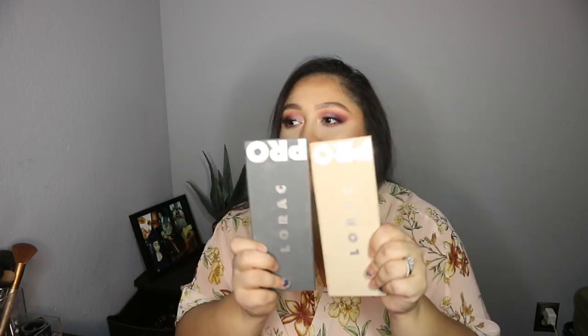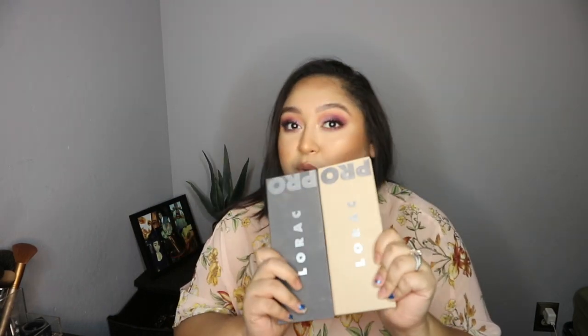Next are going to be things that I am no longer going to be using anymore, and I'm going to start with these two palettes. I've had these two palettes for about 3 years already. These are one of the first two high-end palettes that I ever purchased. Honestly, I don't know what motivated me to purchase them at the time,